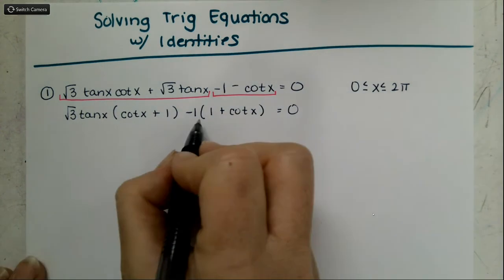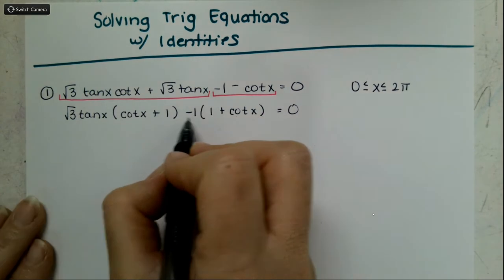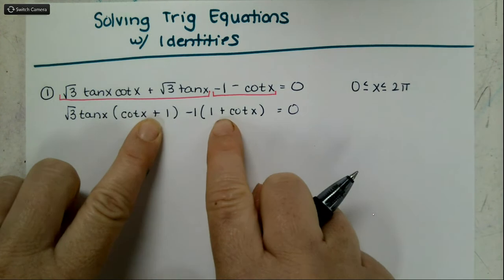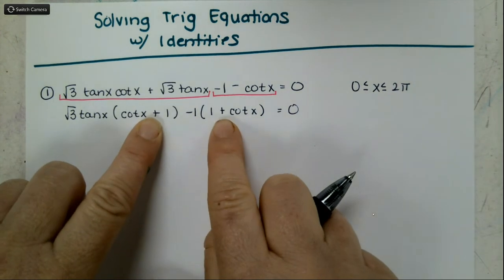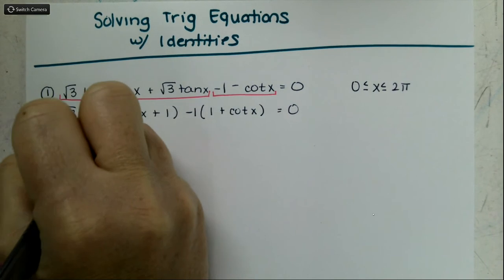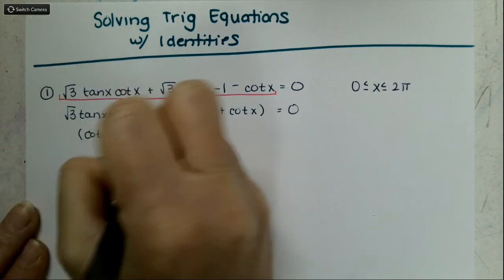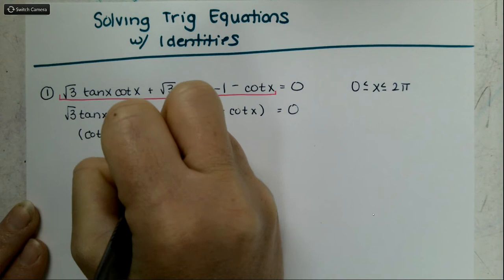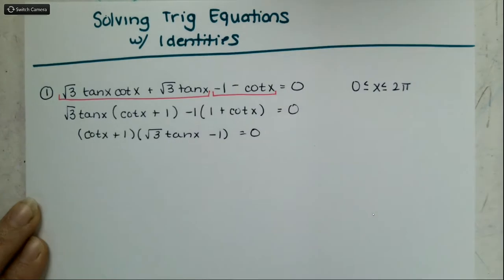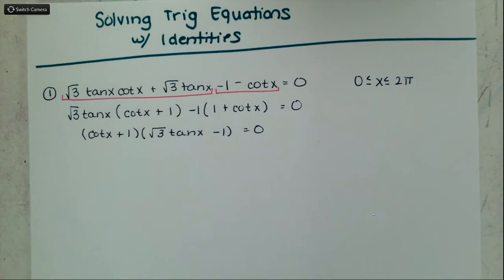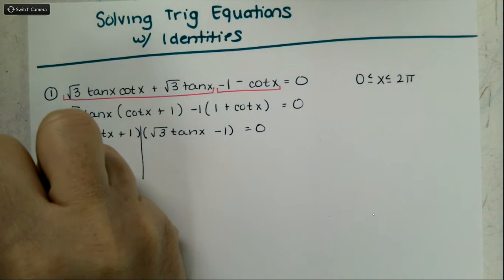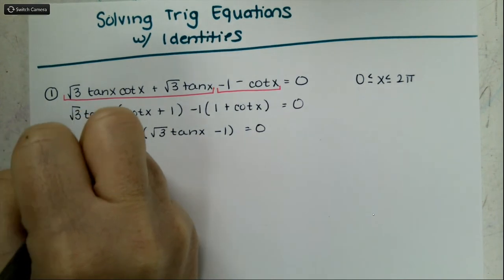At that point, we can say, okay, these are the same. Now, if this was a minus, they would not be the same, and you would have to do some manipulation. But since they are both plus, it's the same. So we have the common factor of cotangent x plus 1, and we have the square root of 3 tangent x minus 1 equals 0. And so far, we haven't even used any identities yet. We're going to separate this into 2 parts